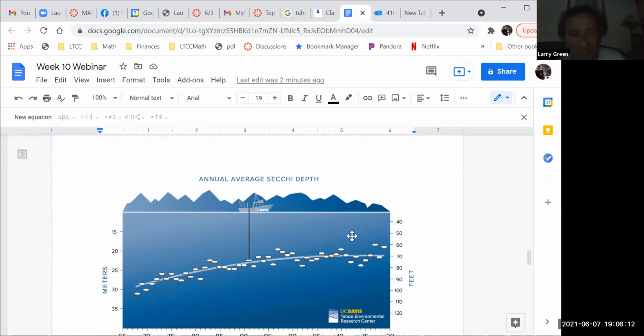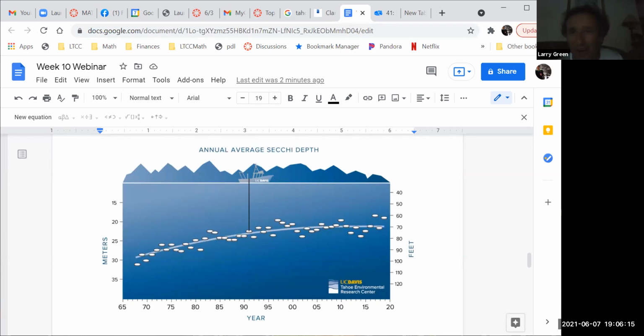So here's the current graph, with all the current data. We don't know 2021 yet because our year is not over yet. And what do you notice that happened after the year 2000? From here to here, what happened to Lake Clarity? It's gotten better, for the most part, and at least it hasn't gotten worse. It didn't keep getting worse and worse and worse until there was nothing left. Do you see that? So I love this example because it's where regression analysis made a big difference.